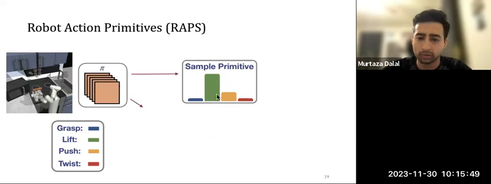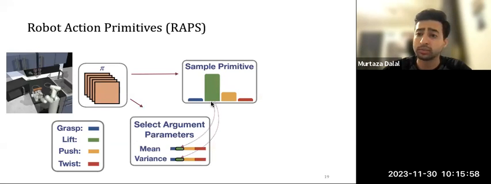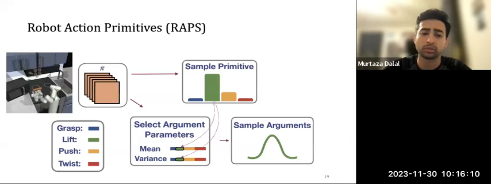So we'll output a categorical distribution. From that, we'll sample which primitive to use. And then we'll also output a set of mean and variance parameters over the arguments for each function. And from that, we'll subselect the specific mean and variance parameters we want to use to then sample the specific arguments that we want to execute on the robot.